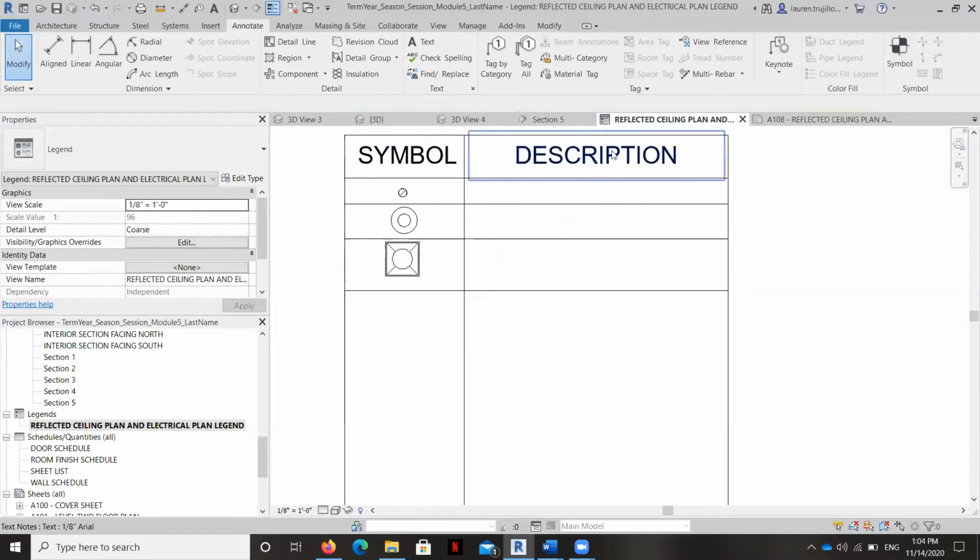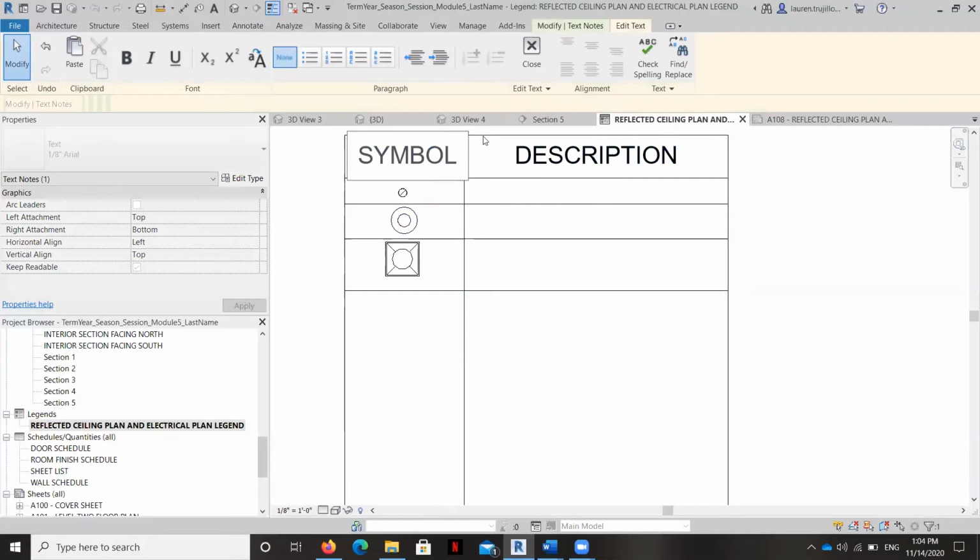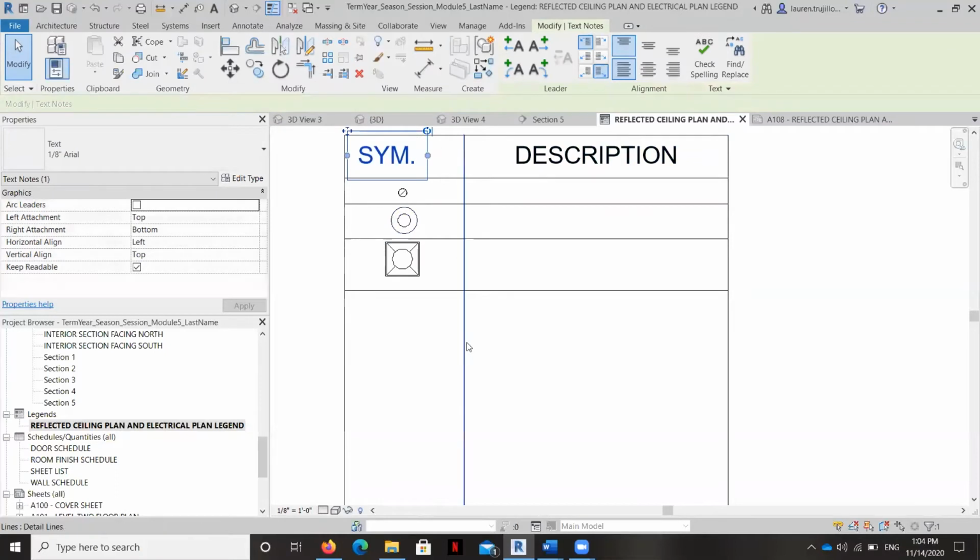Okay, now the issue, of course, is, again, we're tight on space. So we do need to leave enough room for the description. Now, 1/8 inch text is small enough. To go much smaller is going to kind of make some people complain. So I'm going to shorten the title for symbol.